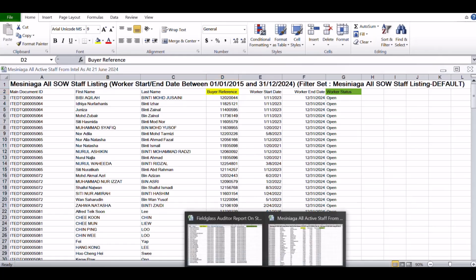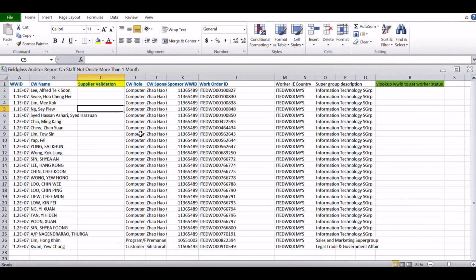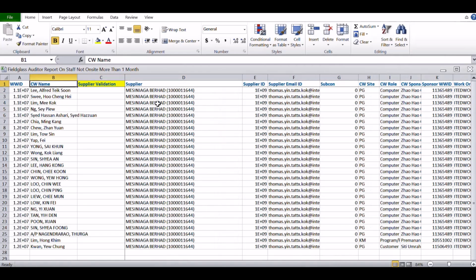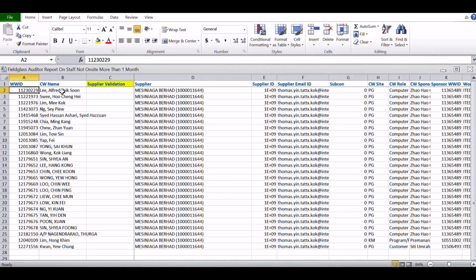All right. The next file here would be from the auditor. This auditor wanted us to validate whether this staff, like for example CW here, Lee Alfred Texun, is still an active employee of Machine Learning, because they have not been on site for almost a month. So you need to do the checking from the master listing to see whether this staff is still